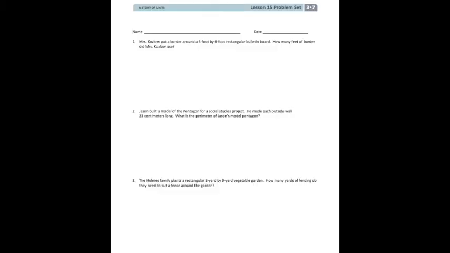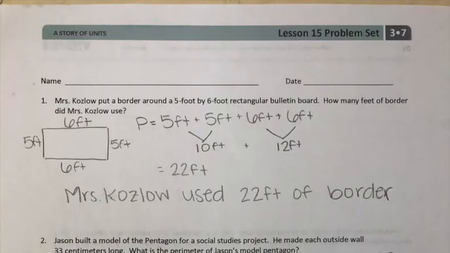Now in front of you is the lesson 15 problem set, and we're going to go problem by problem and go over them, so make sure you're following along. Number 1 says Mrs. Coslow put a border around a 5-foot by 6-foot rectangular bulletin board. How many feet of border did Mrs. Coslow use? So I drew a picture of my rectangle, labeling 2 sides as 5 feet and 2 sides as